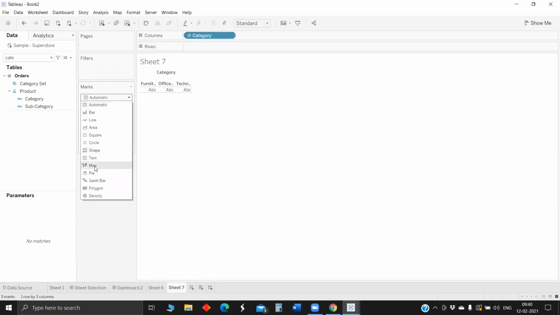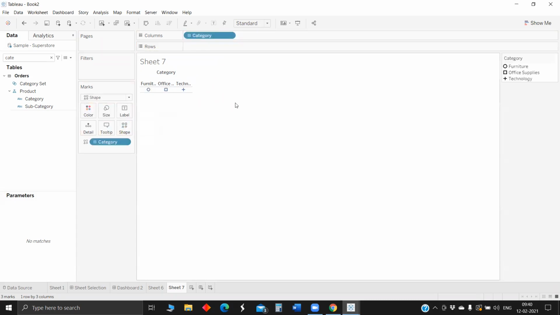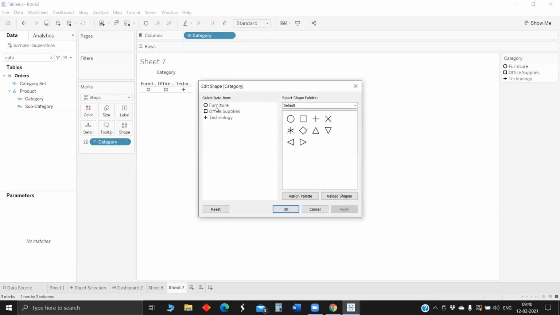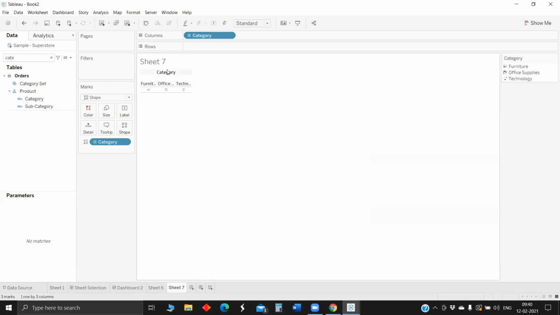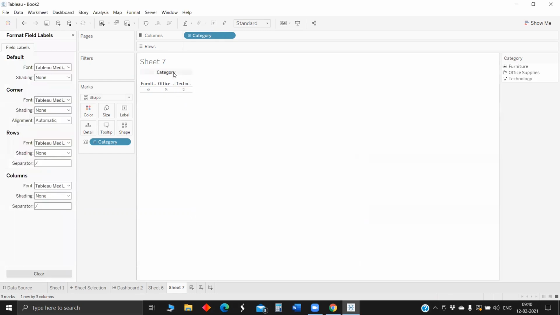Let me convert this to shapes. Let me change the icons. So here I have already downloaded, and I have in my shapes folder in Tableau repository for office supplies and for technology. Apply. Okay, hide.